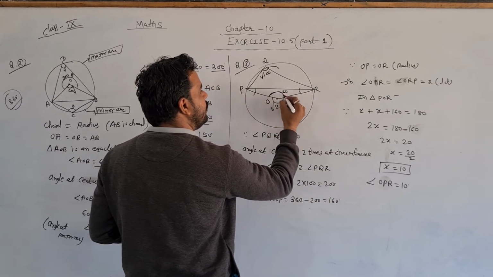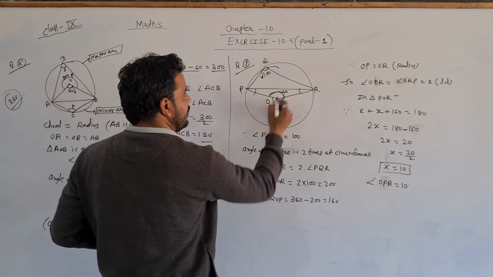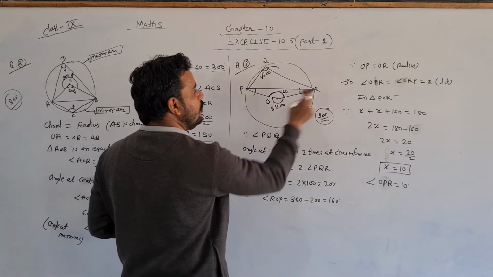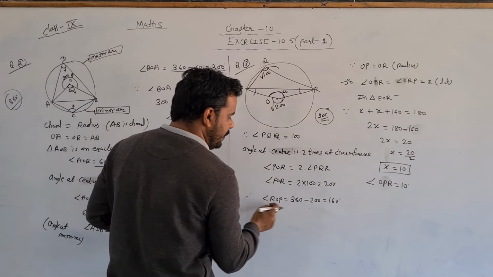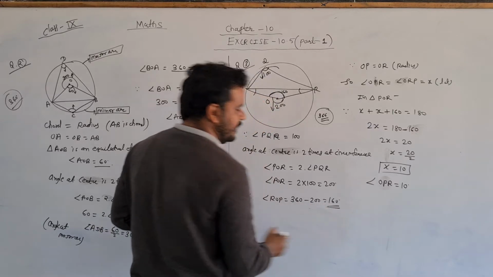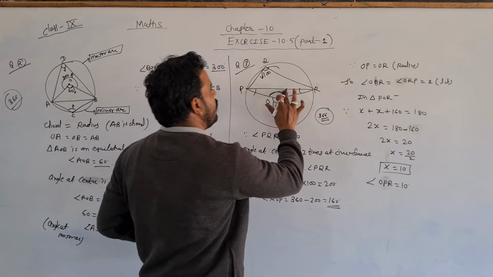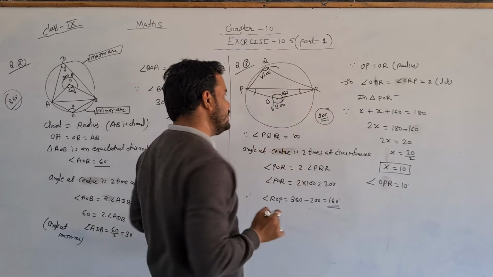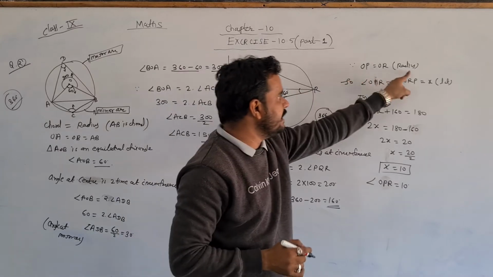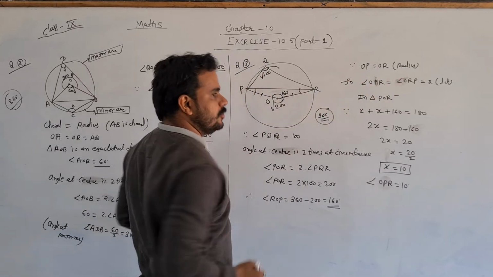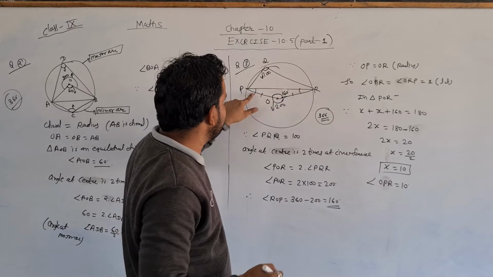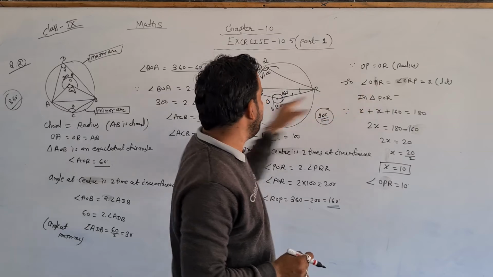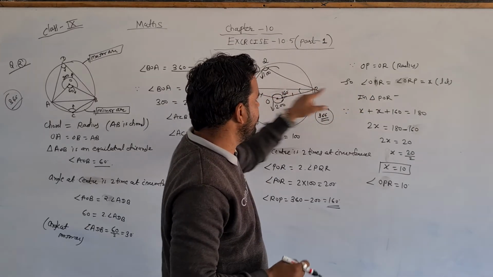Now the upper whole part, just like we did there, as you know that in a complete revolution the angle formed is 360. So angle POR is 200 and then ROP is equal to 360 minus 200. The answer is 160. Now we already have angle ROP, this angle 160. As you know that OP and OR are both radii, both sides are equal. So those sides are equal, it means this angle and this angle are equal by the isosceles triangle property. So angle OPR, both angles are equal.